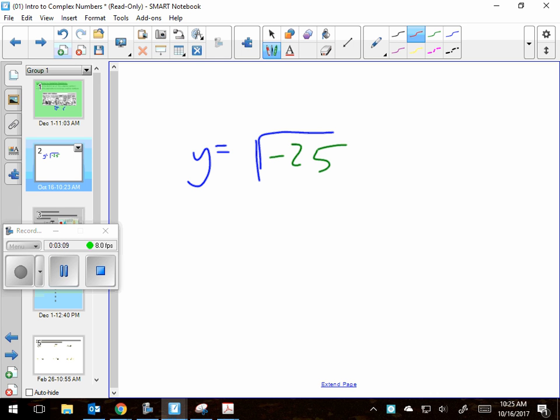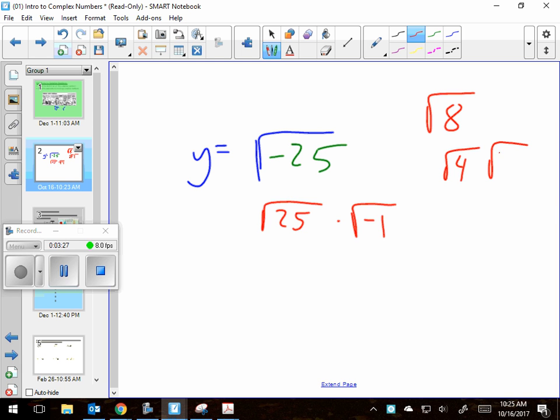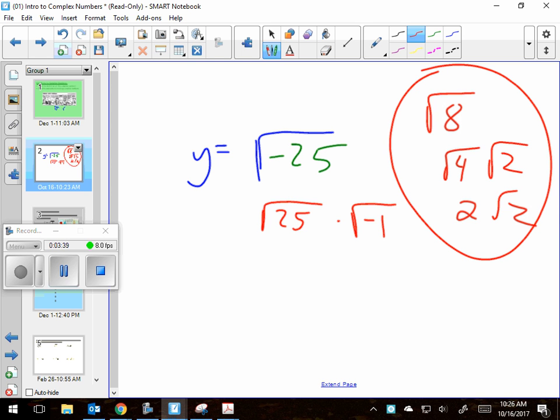All right, so here's how you do it. You say square root of 25. Would you agree that could be the square root of 25 times the square root of -1? It's just two things multiplied, right? I mean, just like you break up the square root of 8 into the square root of 4 times the square root of 2, at least do you know that? You can do that. And therefore, this one would be 2 root 2. You guys get this by now, right? We've been practicing that on the top 20. If you don't get that yet, you got to get it down now, because it's going to be on your next major test.